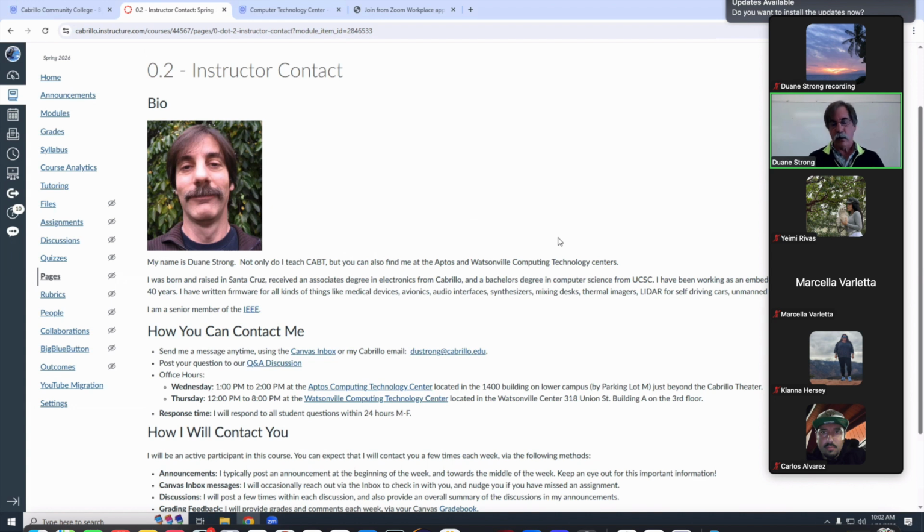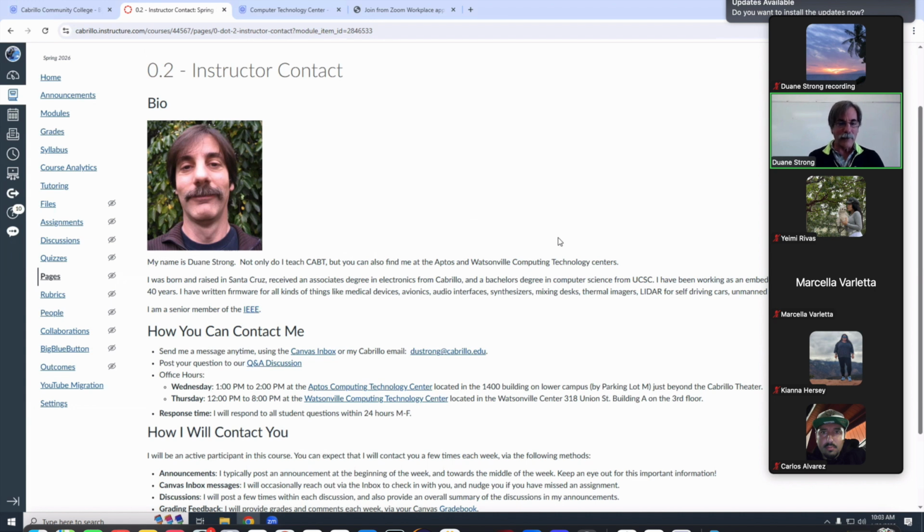I've written firmware. Does anybody know what firmware means? Is that something you understand? Not off the top of my head. Okay, so there's software and hardware, right? Firmware is sort of in between. Firmware is software for hardware. So it's software in things like your dishwasher, your car, like that, right? We also call ourselves embedded engineers because that software is embedded in a device. So yeah, I've been an embedded software engineer for the last 40 years.